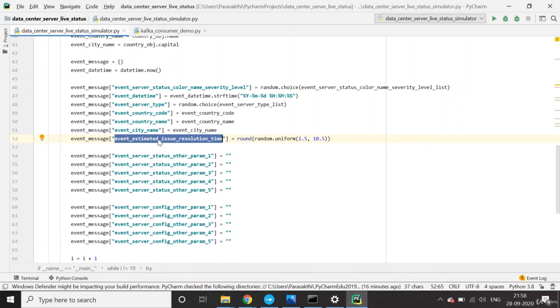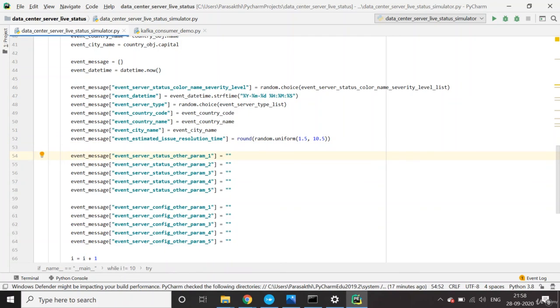Why I'm having this number is that it will be used for predictive analytics. In this small project we are not going to do that, but as a future improvement we can use this property. So if a particular issue is coming, what is the estimated time for the resolution of this issue?